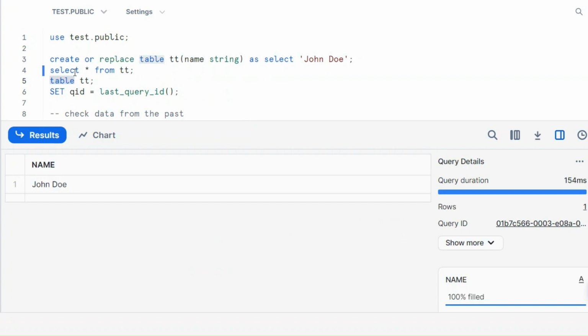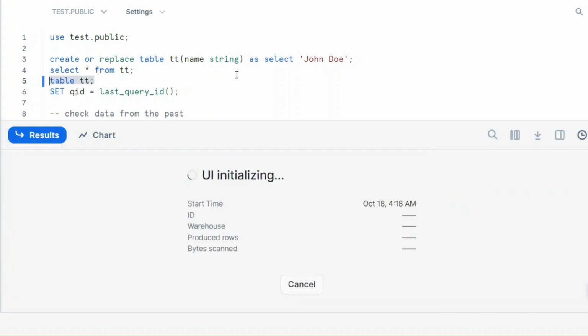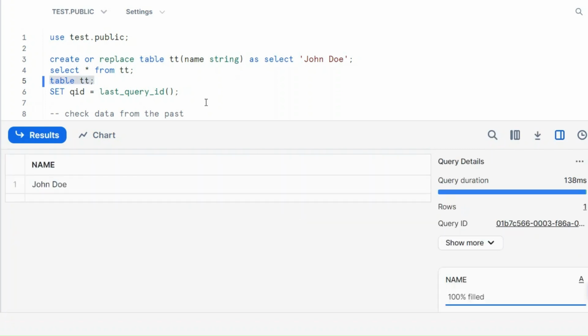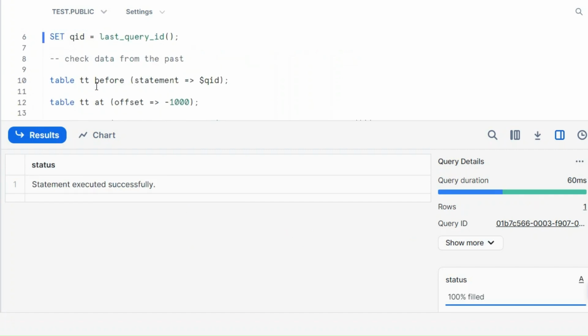And from now on, I will try to use this shortcut. Select everything from could be replaced by table. You have a table statement in Snowflake. That's the way you can use it. And look, I will just save a checkpoint here. The last query ID. So this is a query ID of this previous statement, table TT. You'll see why, because definitely right now